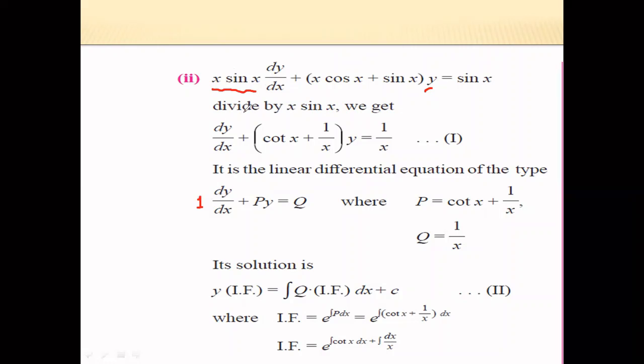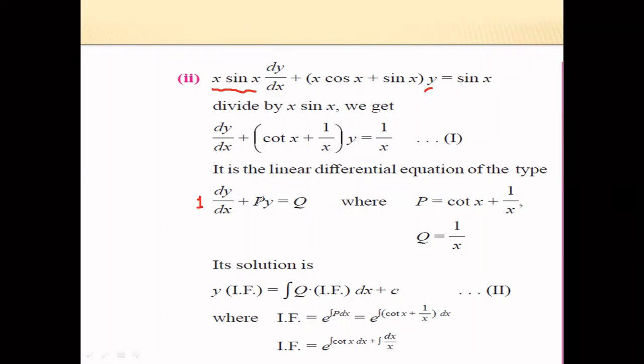सो दैट वी टेक द ऑपरेशन divide this equation by x into sin x, we get. अब इधर क्या चेंजेस आते हैं उससे हमको कोई लेना देना नहीं है। सबसे पहले हमको क्या करना है, ये जो dy by dx का कोएफिशिएंट है वो कितना बनाना है, 1 बनाना है। तो वी हैव टू डिवाइड दिस इक्वेशन बाय x into sin x, so this term get cancel, plus now this x get cancel, cos upon sin it becomes cot x, plus now sin get cancel, it becomes 1 by x into y is equal to, again this sin get cancel, it becomes 1 by x. So this is the standard form of linear differential equation, dy by dx plus py is equal to q.